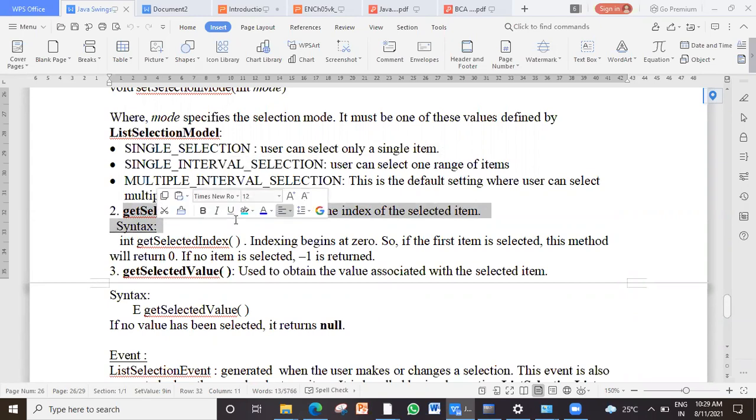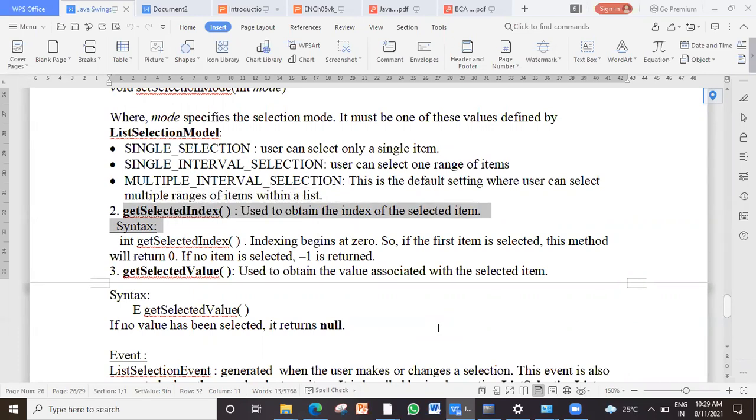User will select one of the items. How will I know which item is selected? Using the method get selected index. Now, each of the item when I add to the list box, it will have an index value. You know array index?